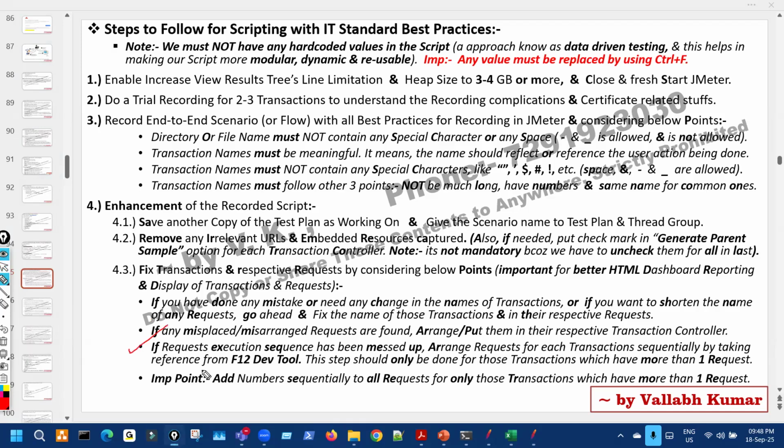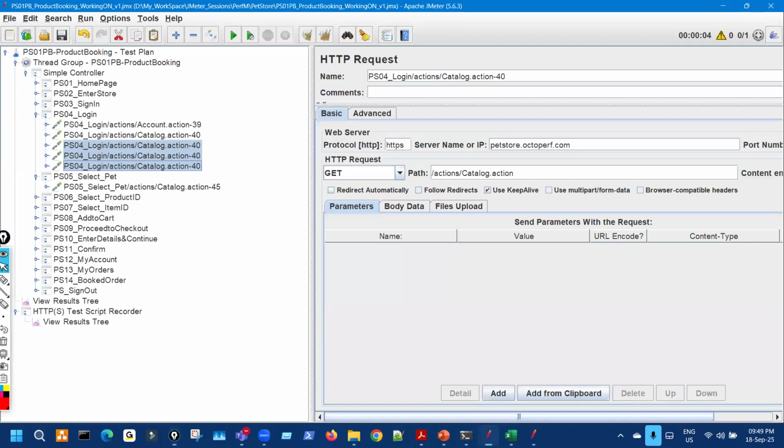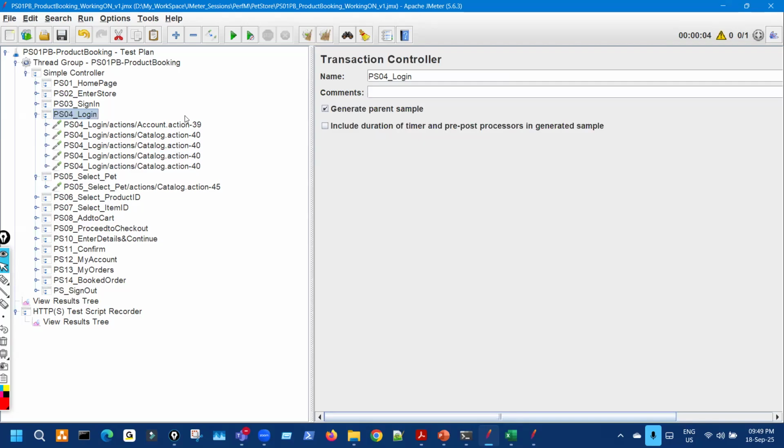The last if is: if the request execution sequence has been messed up, arrange the requests for each transaction sequentially by taking reference from a fuel developer. This step should only be done for those transactions which have more than one request. So again, some transactions, as I have said, can have more than one request. Now sometimes it can happen that the sequencing number